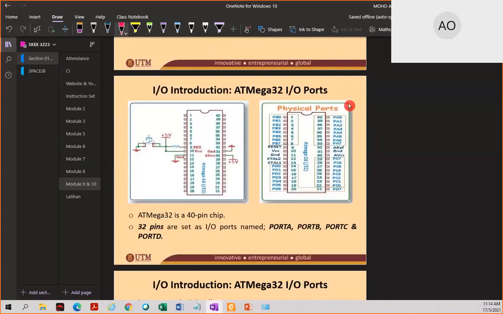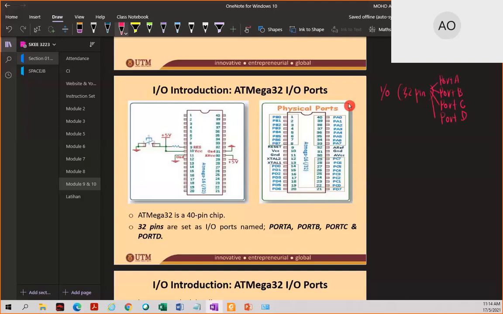From these 40 pins, 32 pins are dedicated to input output, to your I/O. 8 pins are dedicated to port A, another 8 are for port B, 8 pins are for port C,